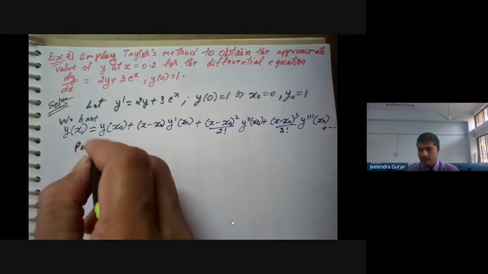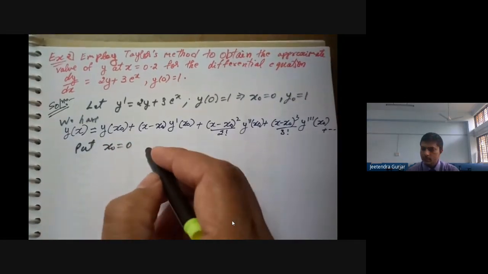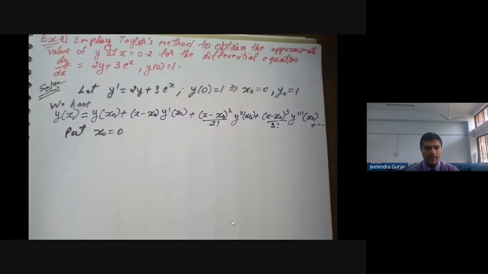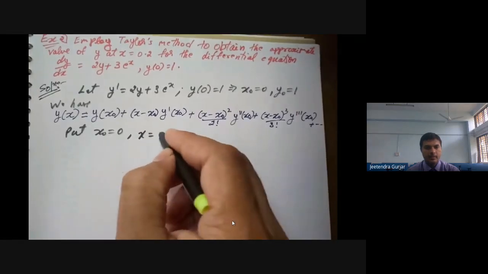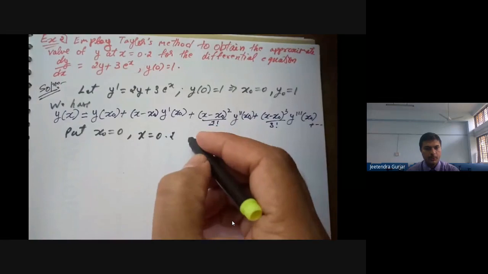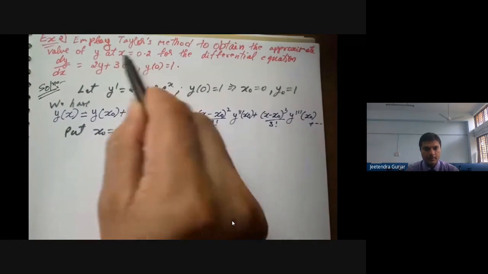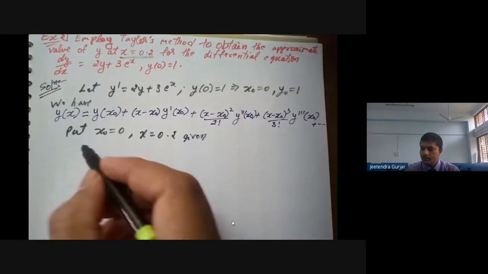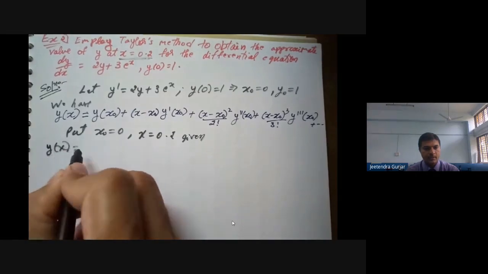Okay, it's a very simple example. Substitute the values. What are you going to put? x naught is equal to 0, and already they have given the value of x. If you just see what is the value of x, in the problem they have given it already, it is 0.2. So both the values they have given. Remember this, they will give these values. So I'll just show you. Then substitute one by one fast. Everyone try to solve this now. At least this much is given from the problem.